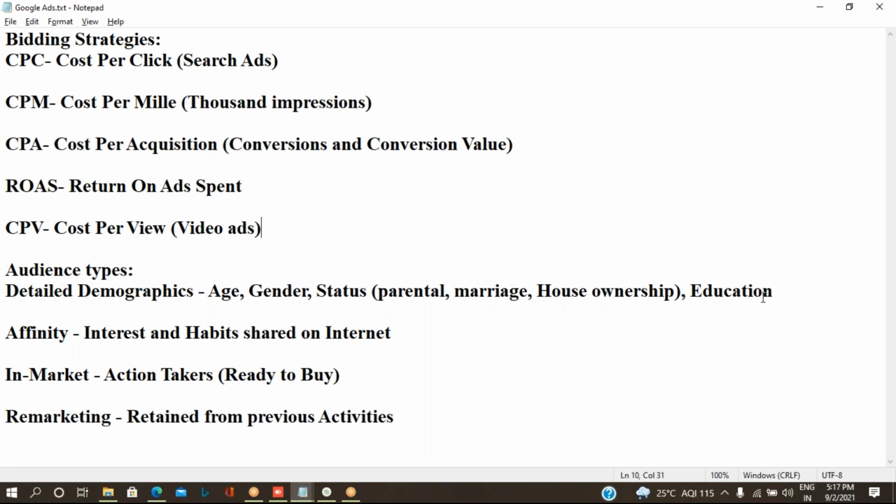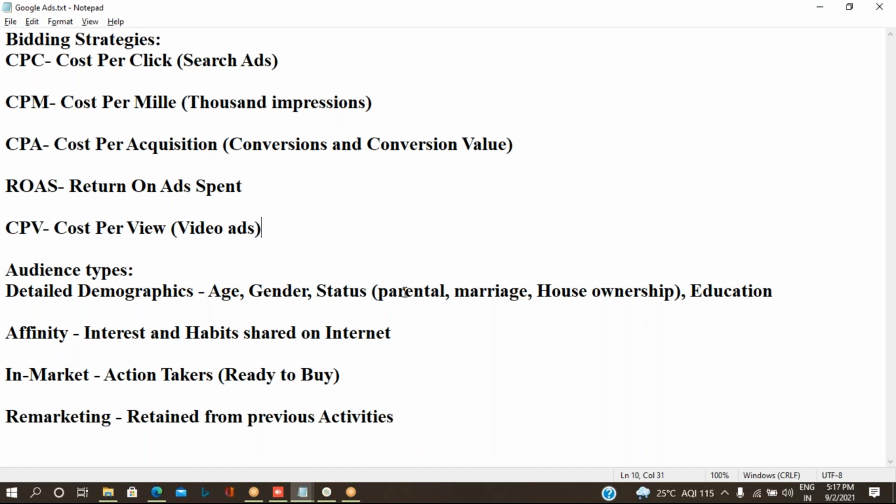If your products and services are related to this. Suppose you are not interested in this status, whether they are married or not, parents or not, whether they own a house or not, whether they are educated or not.